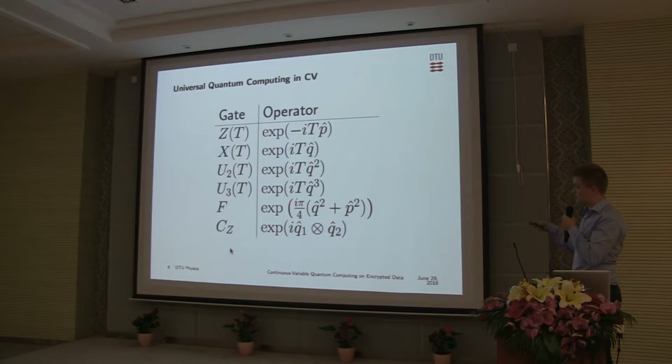One of them is non-Gaussian. Everything else here is Gaussian. It turns out that you need at least this one, at least one non-Gaussian gate, to implement universal computation, because this allows you to generate operators in polynomials of the quadrature operators. And this turns out to be what you need. Okay. So the experiments that we did, that I will talk about later, are basically only concerned with these gates here. And then maybe we can discuss these at another point.